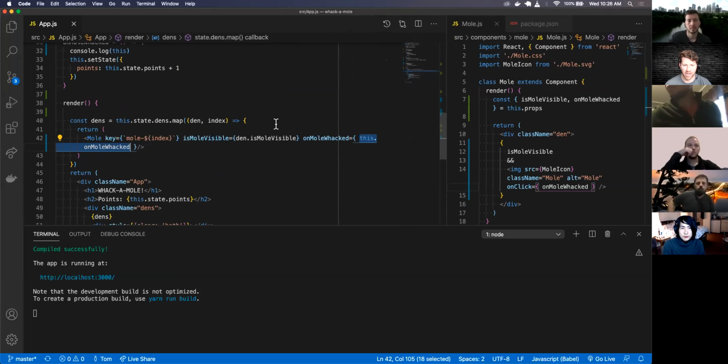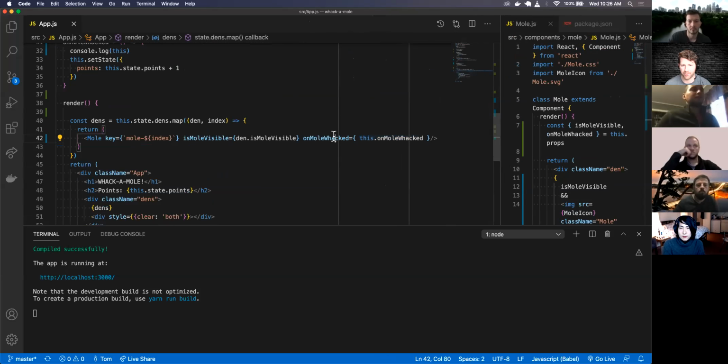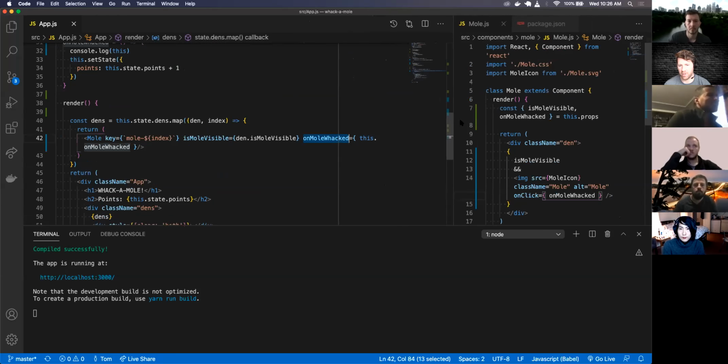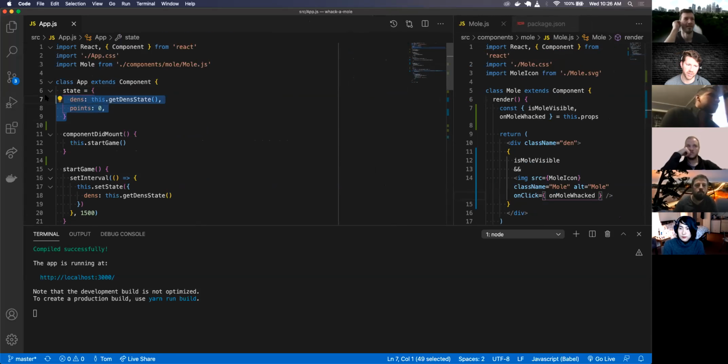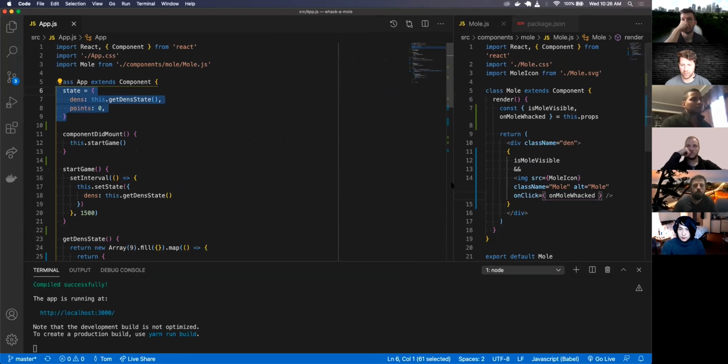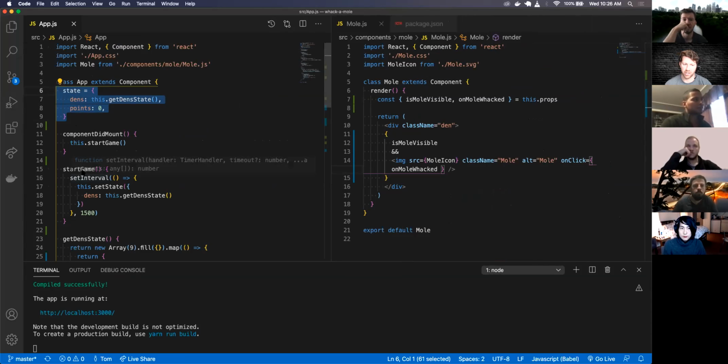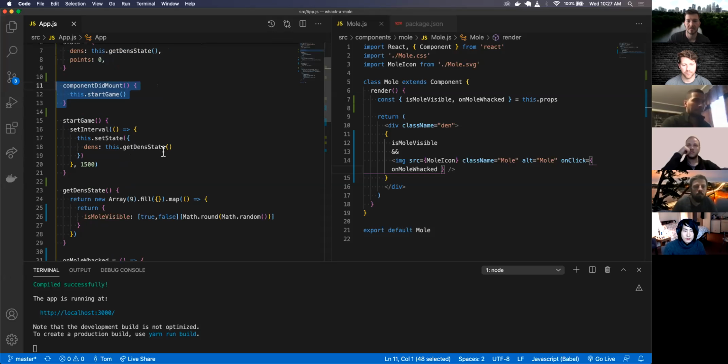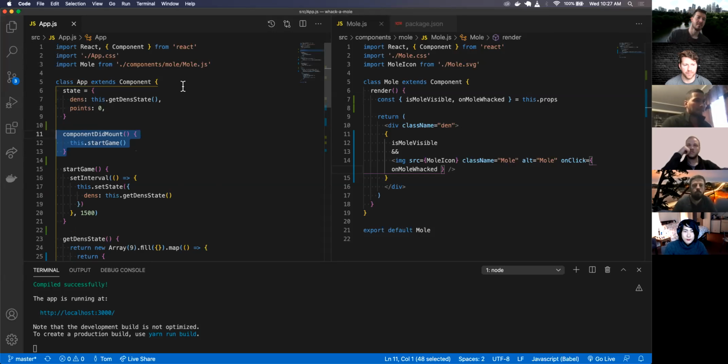All right, what questions do you have about onWhackMole and passing in props to a child component that updates the parent component state? No questions? Again, just when in doubt, use arrow functions. So the startGame, the componentDidMount, the lifecycle methods don't utilize arrow functions. So those will always be just regular functions. All right, I'm going to go ahead and